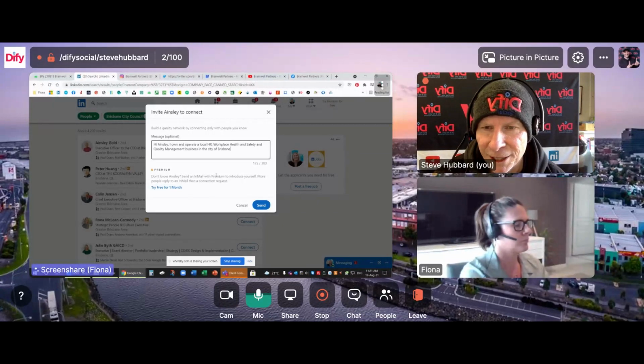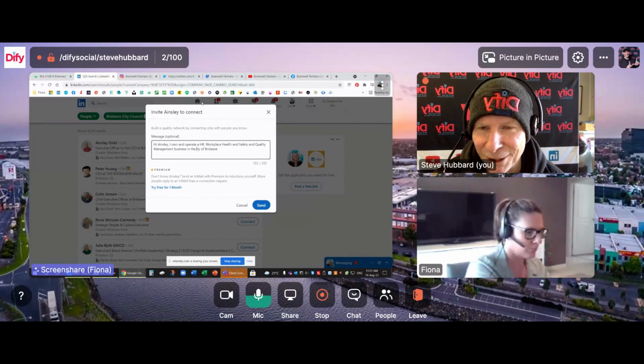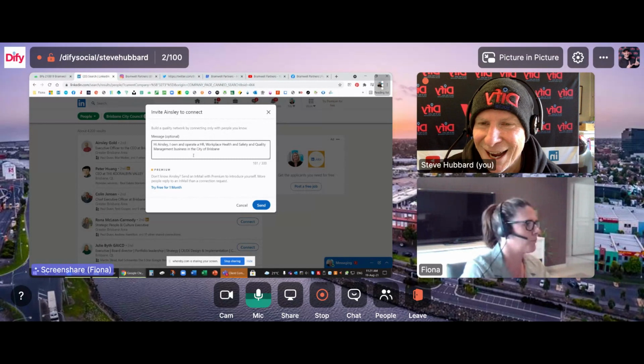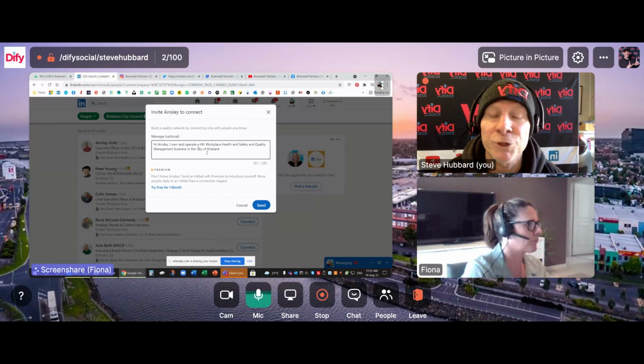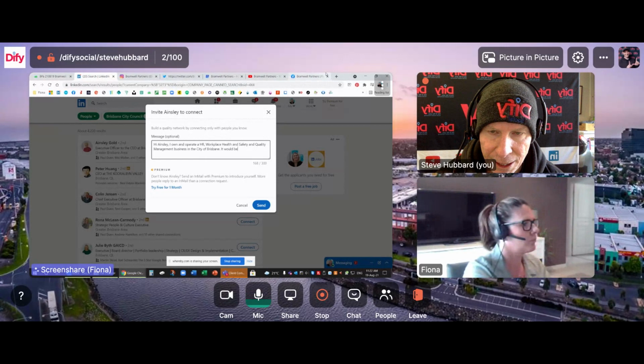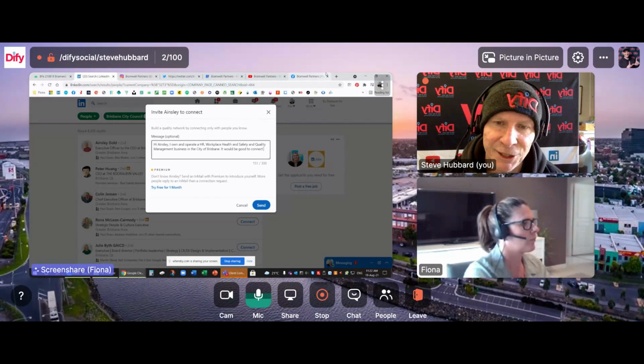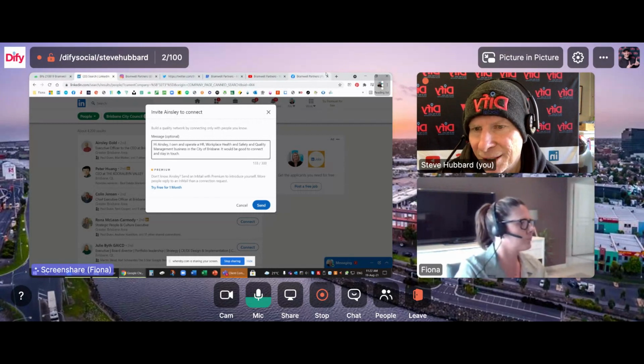Given this case, because we're saying where we operate in, get rid of local and just have a capital C for City. Because Brisbane is so big compared to everywhere else, particularly Perth, which has all these little donut councils. So, hi Ainsley, I operate, full stop, that's fine. And after the city of Brisbane, you would just say it would be good to connect and stay in touch. Full stop. Kind regards,